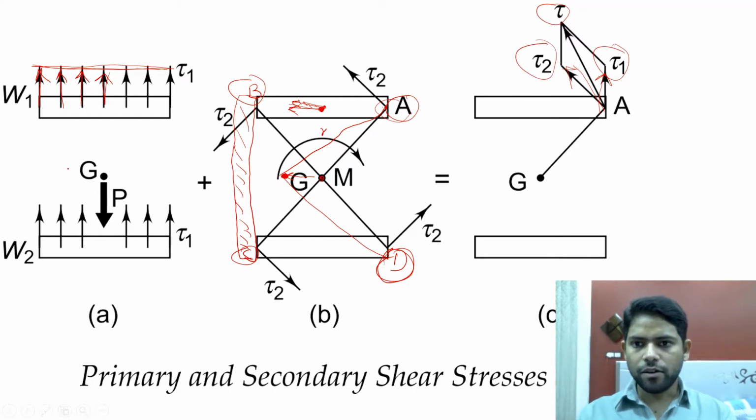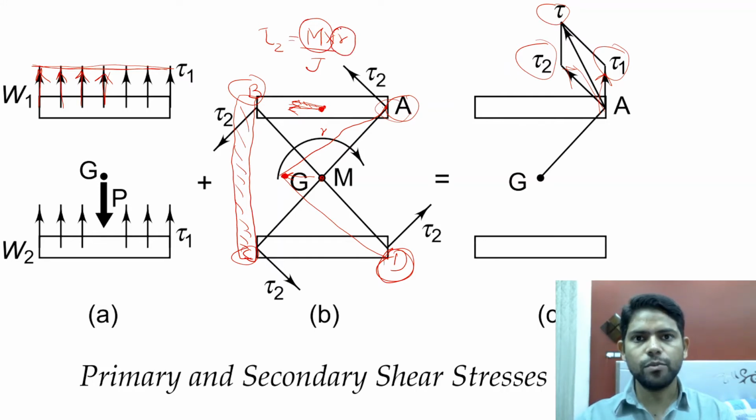So for calculation of secondary shear stress, there were three terms, which were your bending moment, the distance r, and J. So you know what is bending moment. It is P cross E. The concept of r is also clear to you by now. Now let's see what is polar moment of inertia. Polar moment of inertia is basically the resistance to bending.